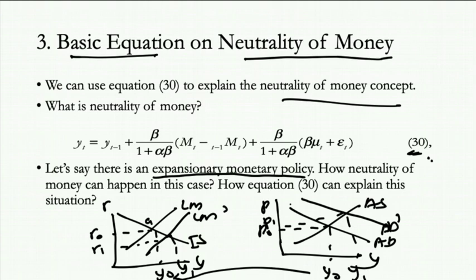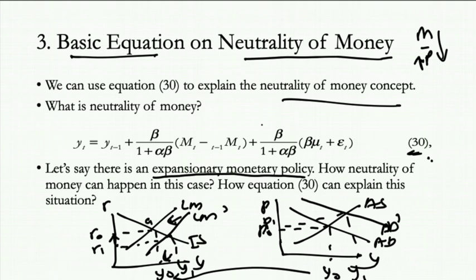However, after some time, in the medium run, when price has increased, you see here, the price increase reduces the real money supply, isn't it? So LM will be affected in such a way that it goes back to the left. When it goes back to the left, then you can see output is reduced, interest rate increases, isn't it? And in fact, not only that, when price increases, it can also affect the second graph. How it affects, you try to figure it out.